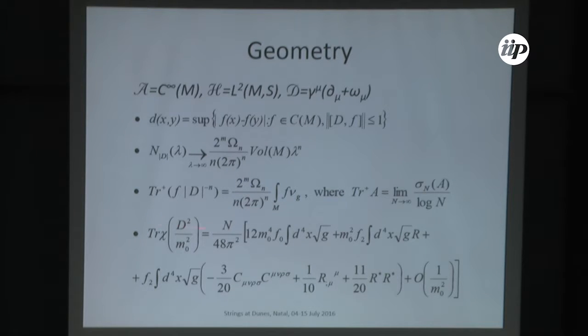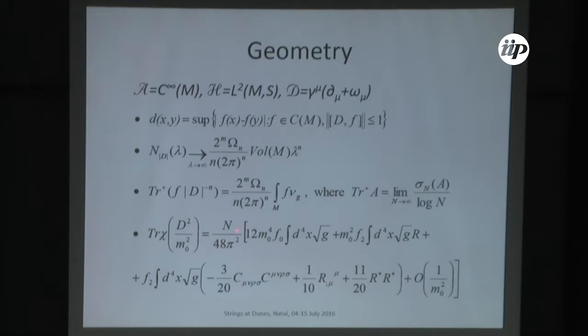For the moment it's not clear why if you look at this side, but if you look at this side, you understand why. So you take a very formal thing, the Dirac operator. For dimensional reasons, you put some scale here. Chi is the cutoff function. It could be a step function, or some smooth function which goes to 0 in some reasonable way.